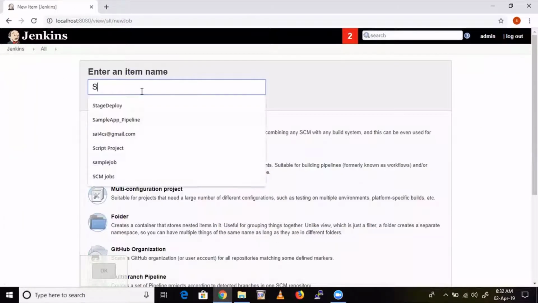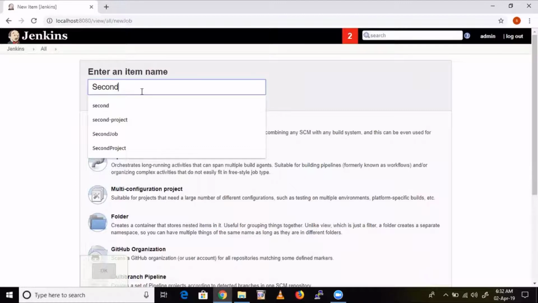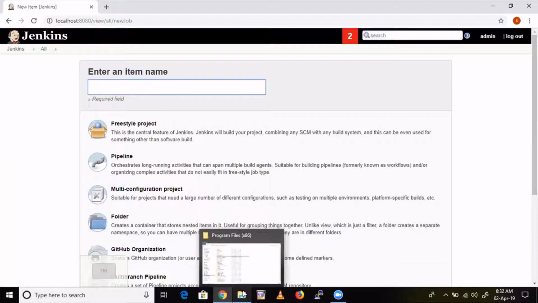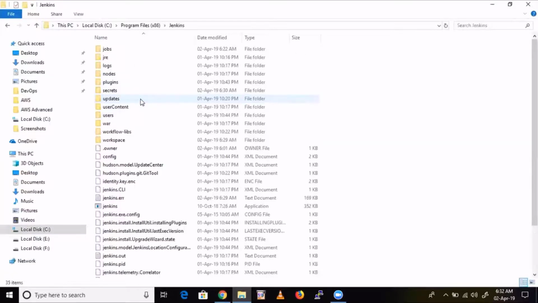Sorry to interrupt. After completing, we saw some workspace in the temporary folder. What is that exactly? After we built, it created the workspace. See here, workspace means wherever the job related data will be kept, where actually the job will be executed.